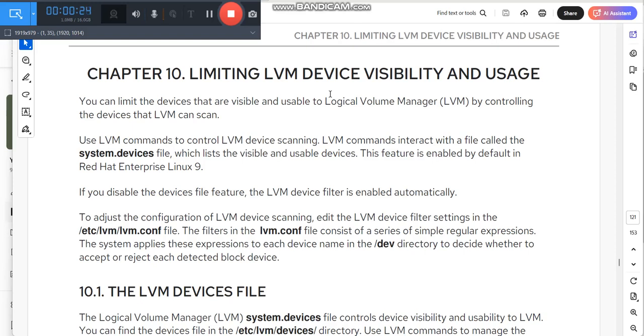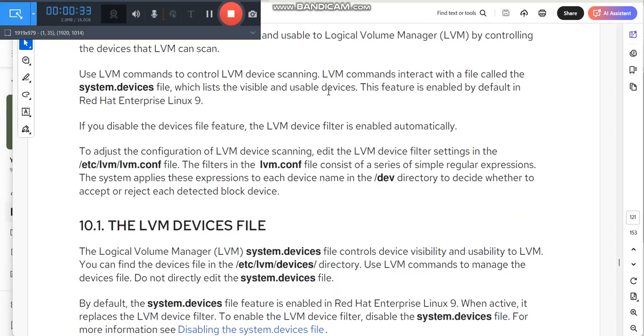This feature is enabled by default in Red Hat Enterprise Linux 9. If you disable the devices file feature, the LVM device filter is enabled automatically. To adjust the configuration of LVM device scanning, edit the LVM device filter settings in the /etc/lvm/lvm.conf file. The filters in the lvm.conf file consist of a series of simple regular expressions. The system applies these expressions to each device name in the /dev directory to decide whether to accept or reject